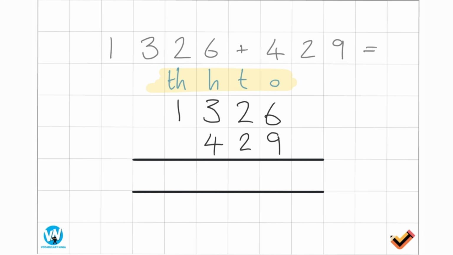So let's have a little bit of a go. If you want to pause the video now, pause it, have a go at it, and then you'll see me complete the question as well. So let's have a quick go. So we've got 6 add 9. So 6 add 9 is 15. So we place in the 5 and we carry the 1. I'll talk about that shortly. 2 add 2, add 1 is also 5. 3 add 4 is 7. And the 1 will drop down, there's nothing to add to it. So our answer is